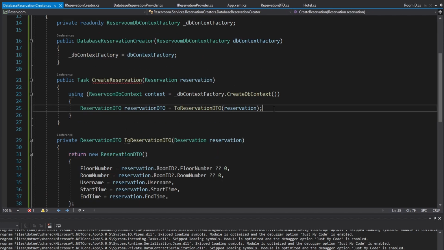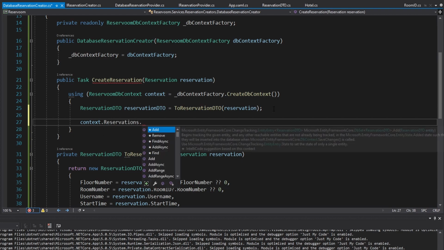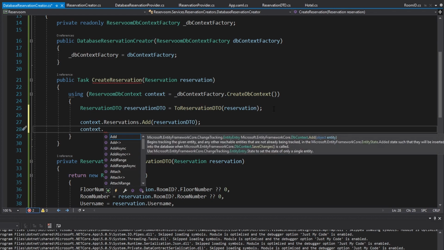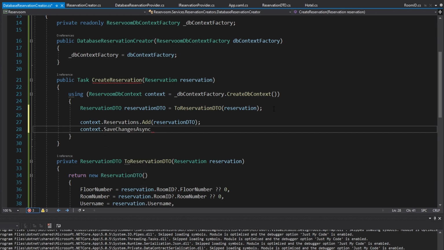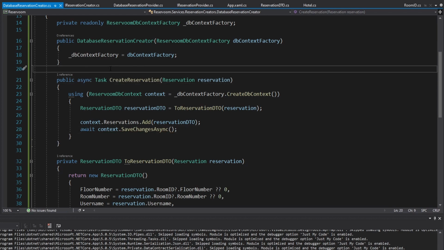We can write this to the database now, and to do that, we'll take our context, get our reservations DB set, and add our reservation DTO, and then we can just save our changes using save changes async, and that'll write everything to the database. And we have to await this and make our method async,